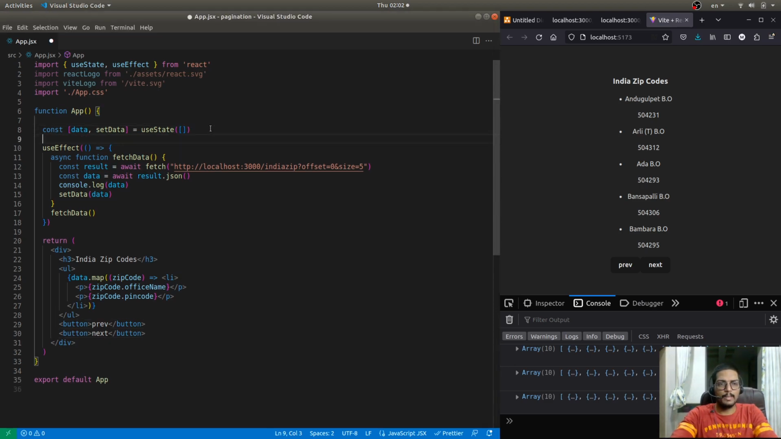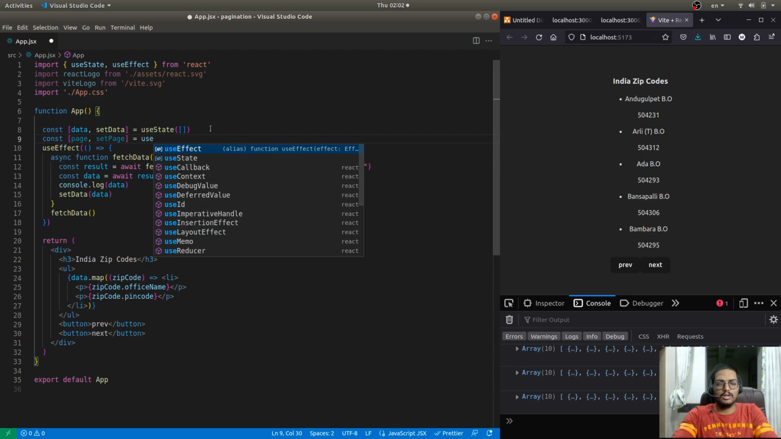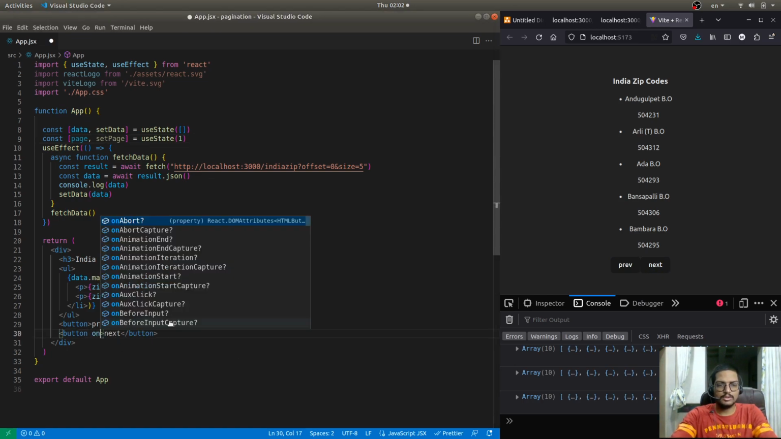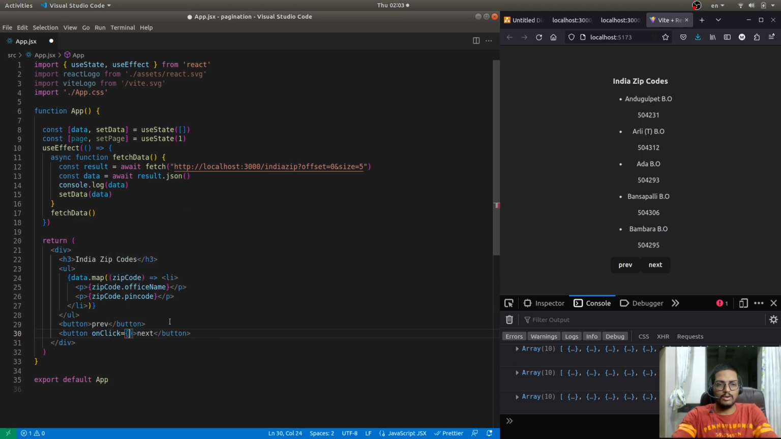Very simple. So const page, set page, and we will set the page number to 1, because initially it will be the first page itself, right? Great. Now we need to increment the page when the user clicks on the next or the previous button. So for that we have an on click listener, so we can just say on click,